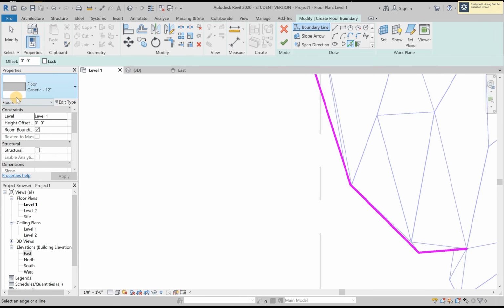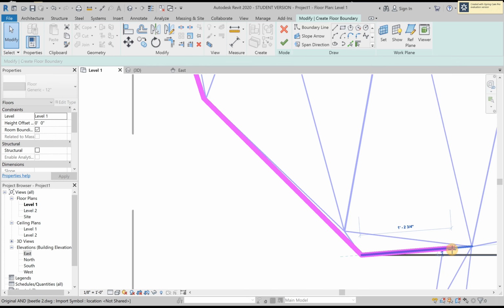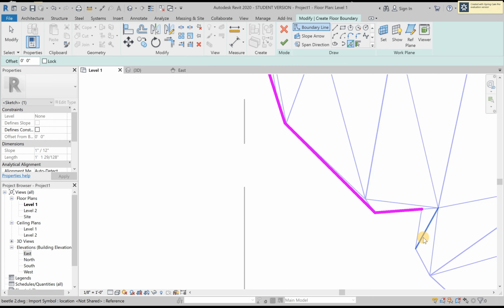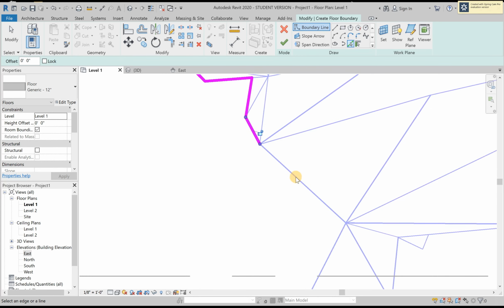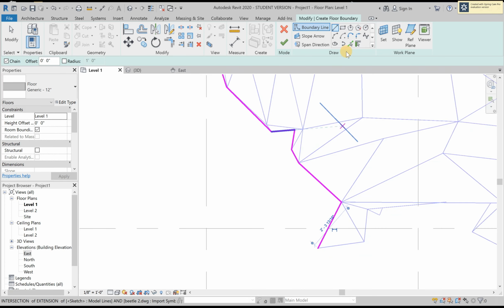And I don't want this whole line, so I'm going to click over here on modify, or you can press your escape key. Click once on the line, and it'll let you move those endpoints. Back to pick line tool. Click and drag. This one doesn't want me to pick it either. Endpoint to endpoint. Pick